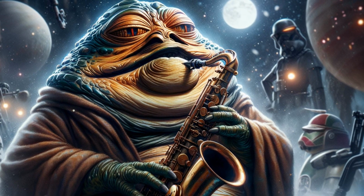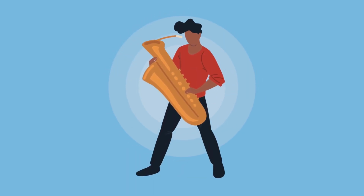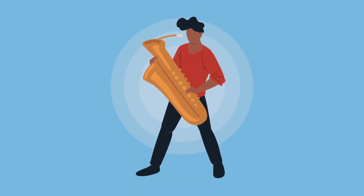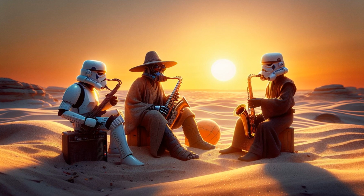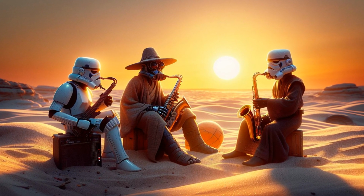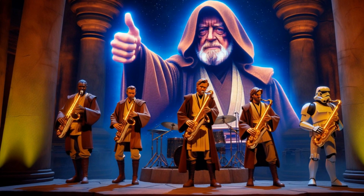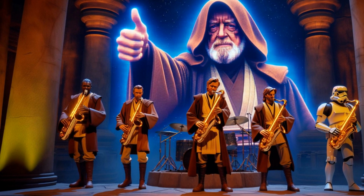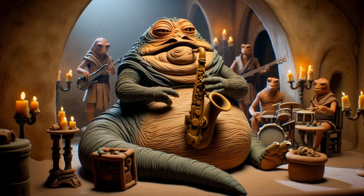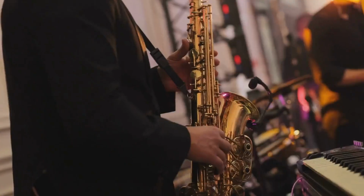Equipment: choosing your sonic arsenal. Selecting the right gear is akin to choosing a wand in the wizarding world of music. It must resonate with your style and desired sound. For the classical connoisseurs, a tighter mouthpiece reed gap with a sturdier reed is the go-to. Jazz enthusiasts, on the flip side, opt for a wider gap and a softer reed to hit those high notes